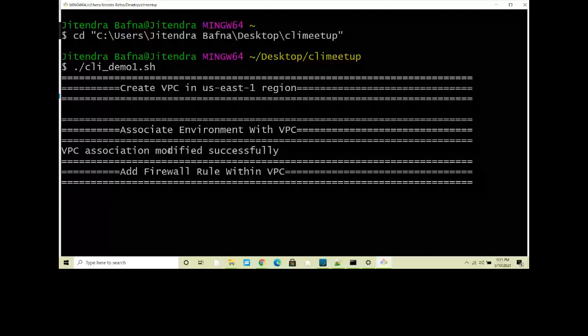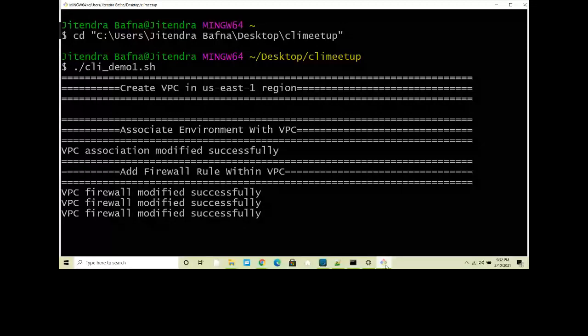Okay. So let me check whether it adds more firewall rules. It will add four firewall rules again. So let me check. It's added the second. You can see that we have added two. Those can be seen here. It added the third also successfully. So let me refresh it.